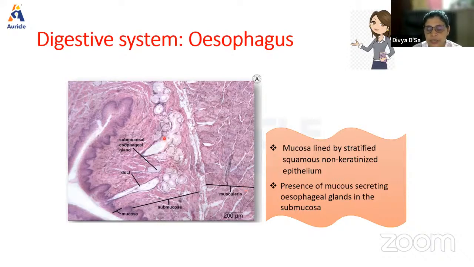Okay, because esophagus is what? It forms a passage for the food. So it is always prone to wear and tear. So that is why it is provided with the stratified squamous, non-keratinized epithelium. And we have these mucous glands, esophageal glands, in the submucosa, basically because they will secrete the mucus, which will provide a lubricating surface for the smooth flow of the bolus, which goes from the mouth to the stomach